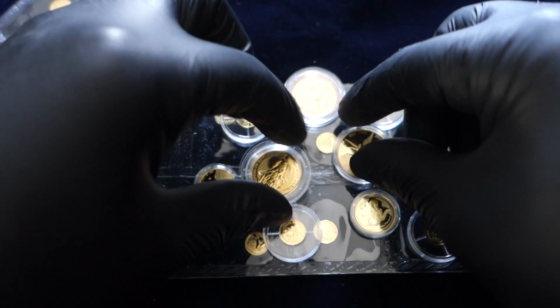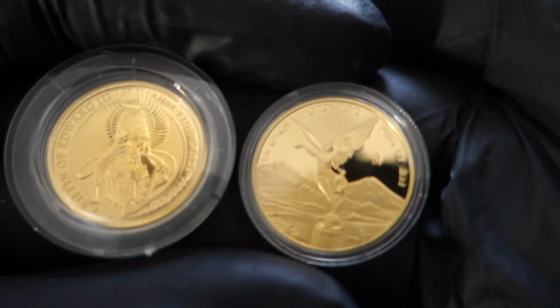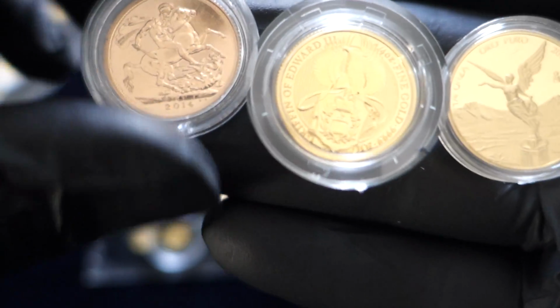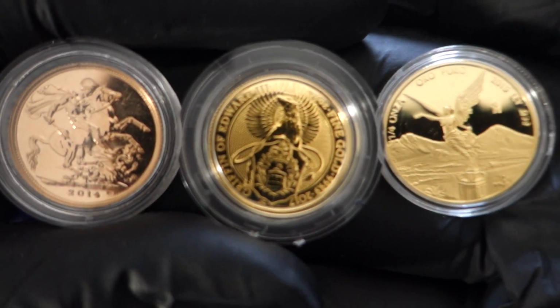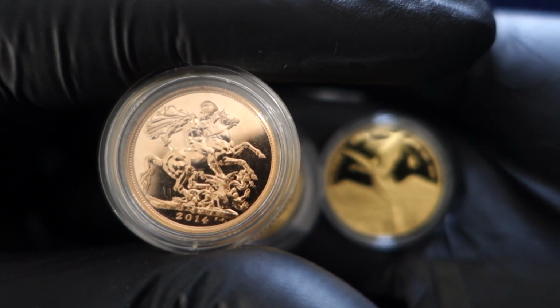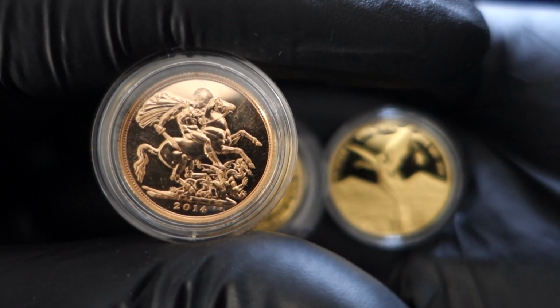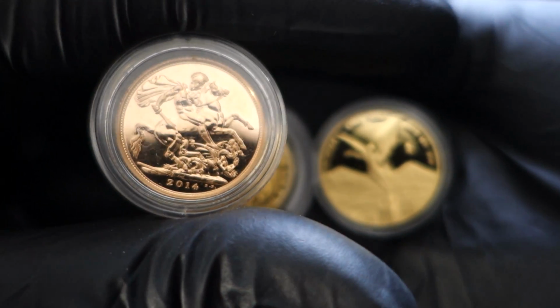Getting up to the 1/4 ounce, you get a lot more play, a lot more variety, and a lot more of where the fractional gold pickers a step above the lower ones would like to start. In this range here, you're looking at the 1/4 ounce, add the sovereign to the line, and then you get more collector coins also in that size there. Of course, if you're in the UK, I would say this is a fantastic bet because that's the whole sovereign there, because of how liquid they are. You'd be rare to find any pawn or gold and silver dealer in the UK that's going to